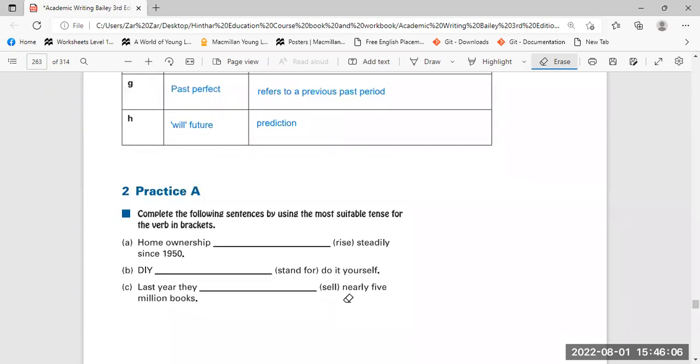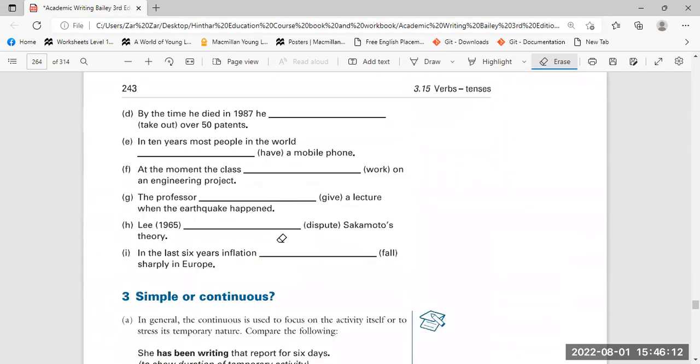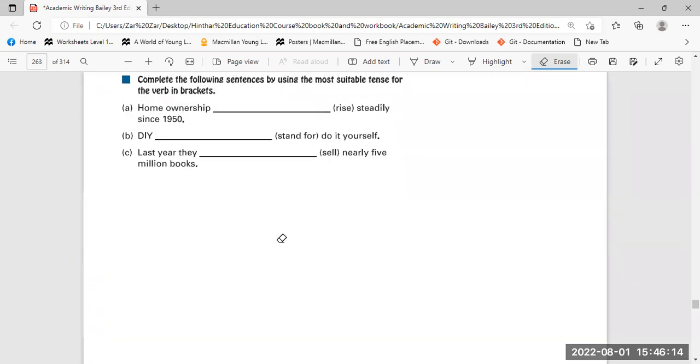Okay, so I think that's enough explanation. Can you guess the answer? 1 through I. You don't need to write it down. You just think what tense it will be? Home ownership rise steadily since 1950. Since that time,